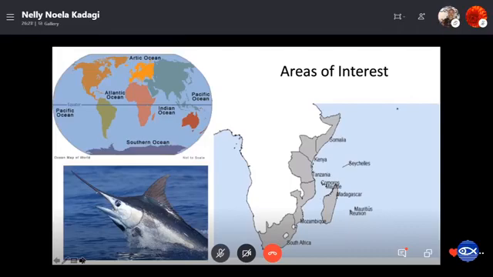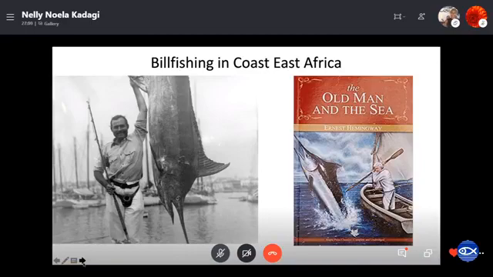So to get you from the biology, I really would like to travel with you and bring you to the Indian Ocean, our area of focus. So looking at the oceans, I said billfish are found in the different oceans, but I really would like to bring you close to home, to the place that has continued to inspire me and others to look at these species in greater detail. And so our work focuses across the West Indian Ocean region, several coastal countries, and also island countries. But before I talk about our work, I want to appreciate the history of bill fishing in coastal East Africa.